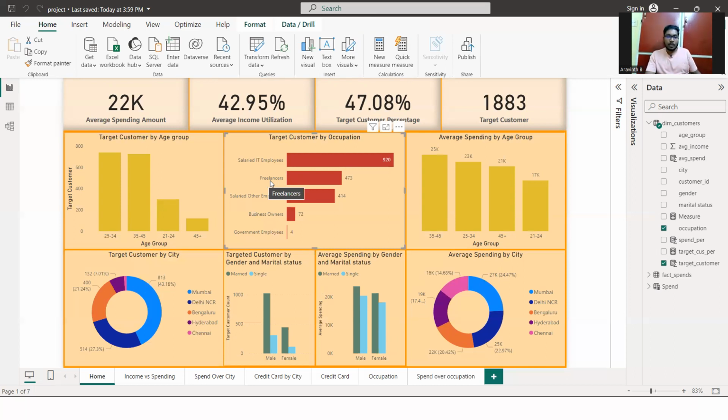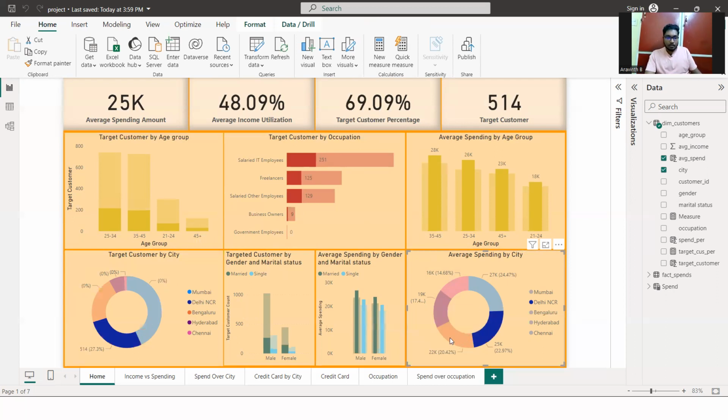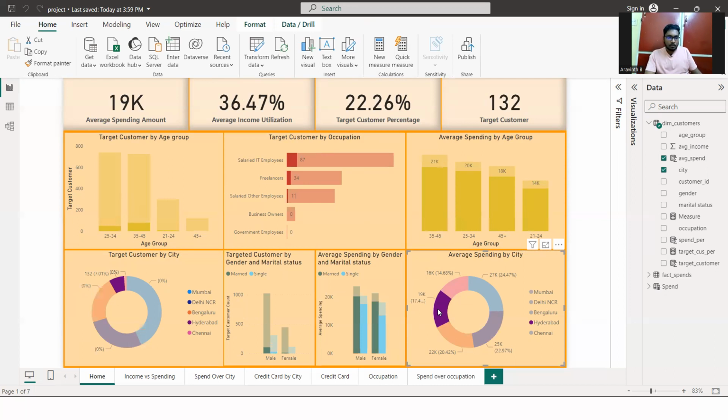So the spending ratio will get increased, so that our target customers, around 473 members, are freelancers by occupation, right? And next, an interesting thing is, if you look at the city of Mumbai, the majority of our targeted customers are from Mumbai. Mumbai people are spending more, and the same pattern we already discussed. Delhi, Bangalore, and then Hyderabad come